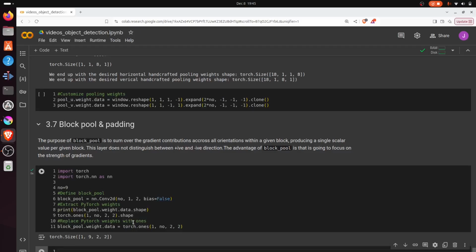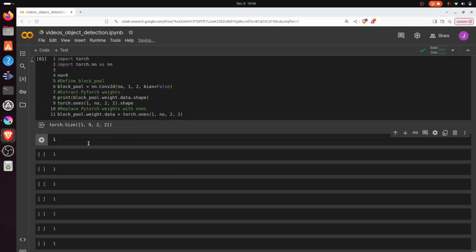Okay, so now how can we proceed? Well, first of all, let me explain why I replaced the PyTorch weights with ones. So the reason why we're doing that is the following. The reason we replace the weights of block pool with a tensor of ones is that the block pool layer